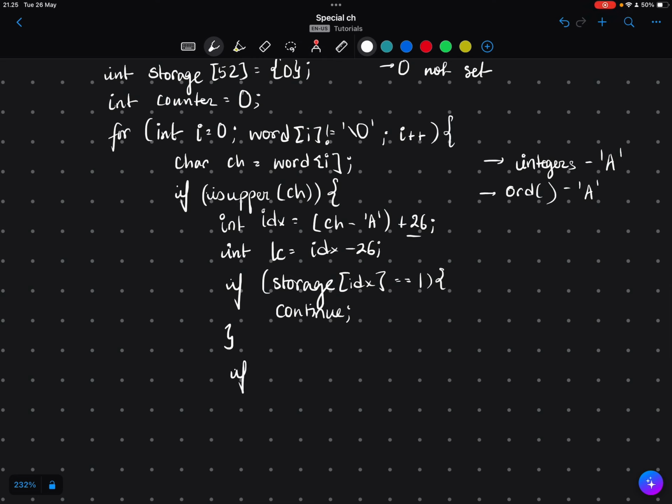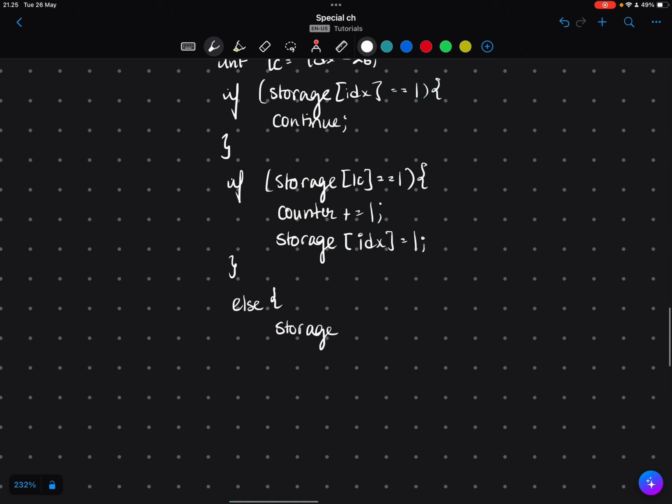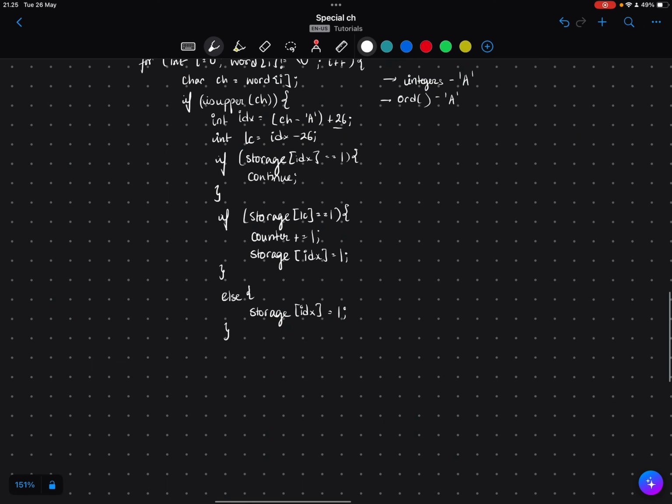If it was not set though, it will come into this condition now. If the counterpart, the lowercase version of it, was set, then we now have a potential pair that we can add. So counter plus equals 1, and we will also set the fact that we have seen it and calculated it now so that it doesn't get counted again later. Otherwise, in the case that the lowercase wasn't set, we will at least set the uppercase so that if there was the lowercase, then the lowercase would catch it. And that's pretty much it for